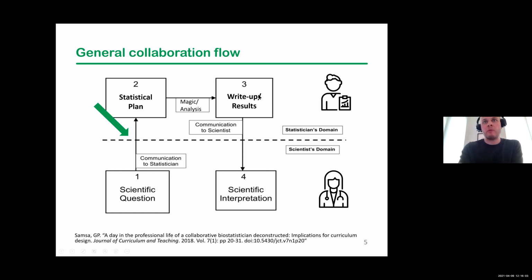And then once we do that, we write up the results, or we do whatever we need to do. If it's a grant, we write up the methods for the grant. If it's a manuscript, we write the results for the manuscript. And then we communicate it back to you. And that's the next contact point right here. So these are the 2 points of most important contact with the statistician: at the beginning, and then after we're delivering results back to you.